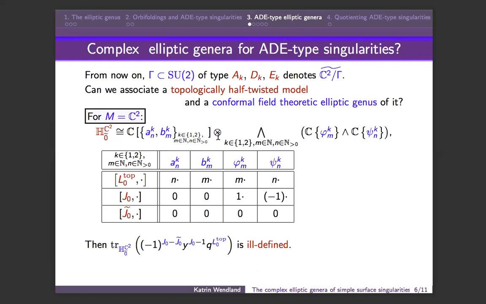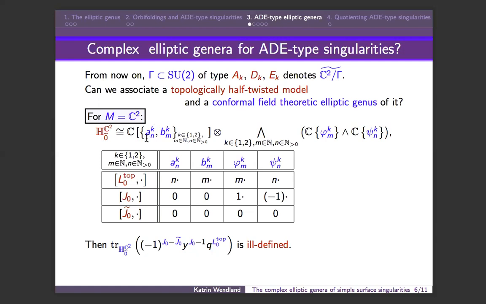Many of you will be familiar with this. This is the Fock space representation for just two free bosons and two free fermions, which are the superpartners of the free bosons. But everything is formulated in terms of this topologically half-twisted language. So we have two sets of